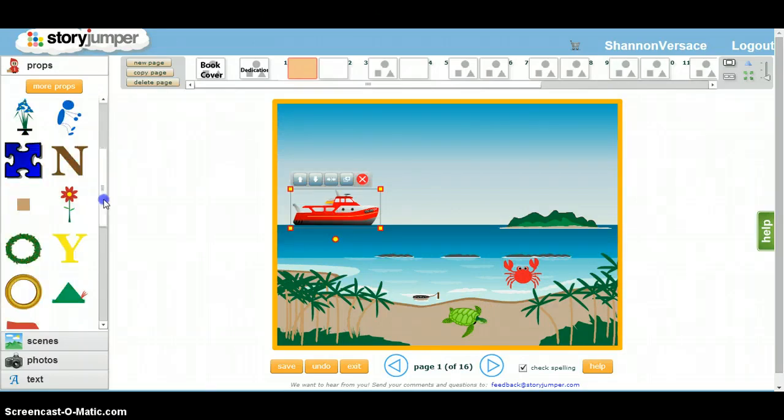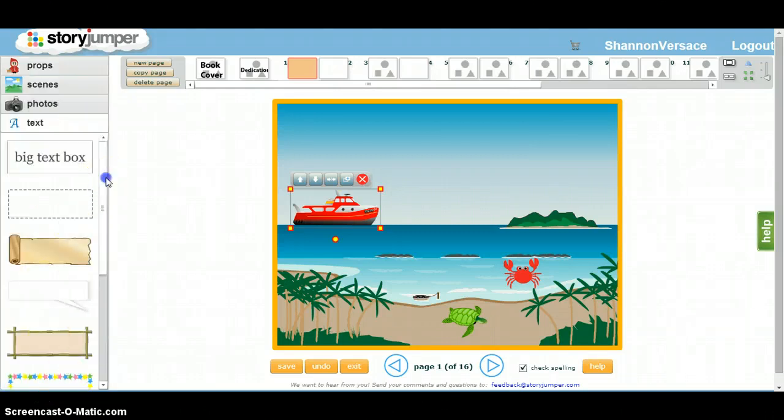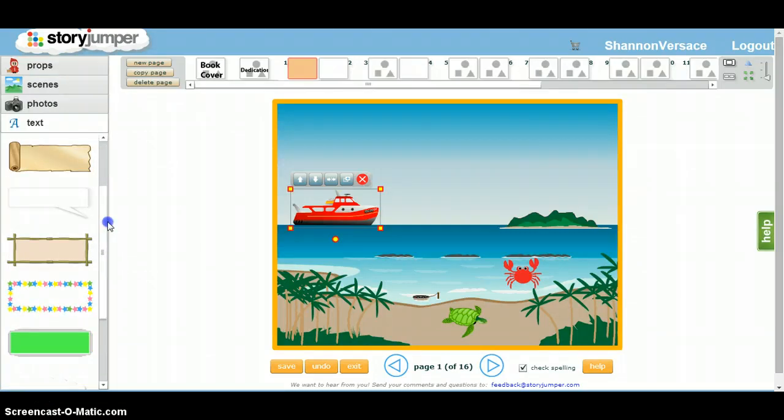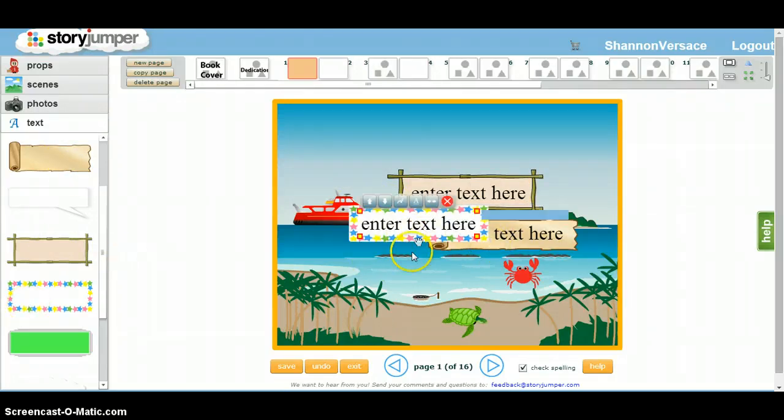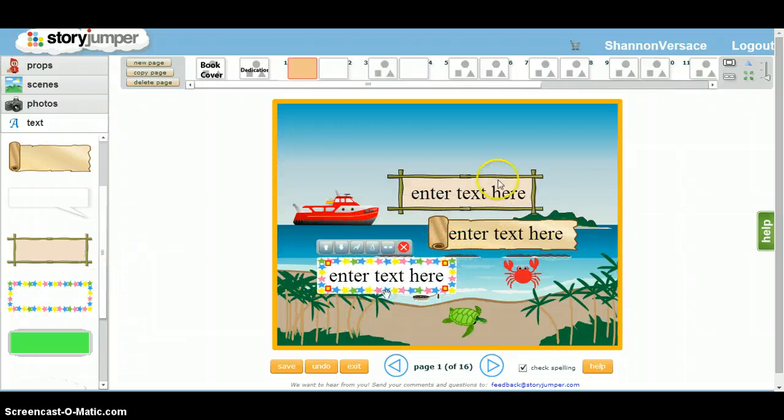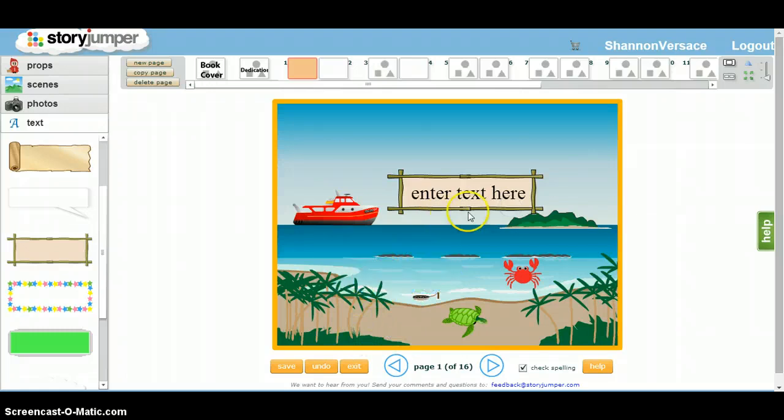The last thing that you want to do is add text to your page. So you just click this text box down here, and you have some different text boxes to choose from. So you can see there's some different ones that you can choose from. I think I'm going to go with this one, so I can get rid of these two by just clicking them and then clicking on that X, and that'll just get rid of them. And I'll move this up top,